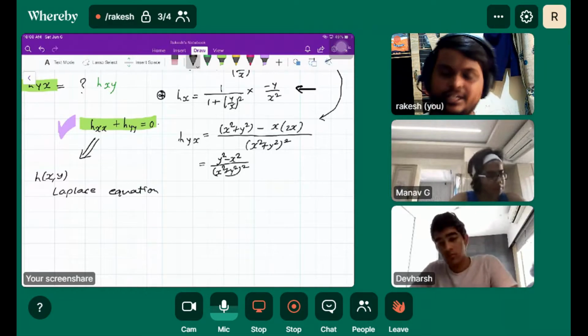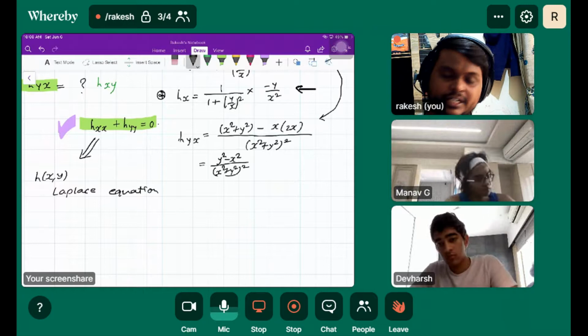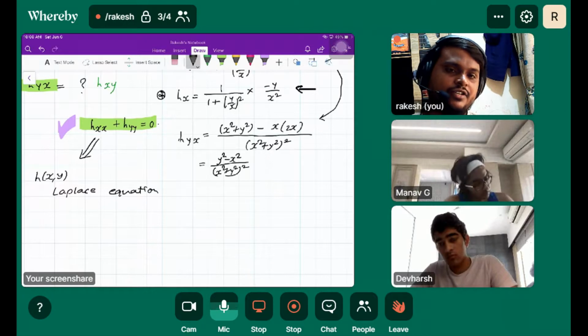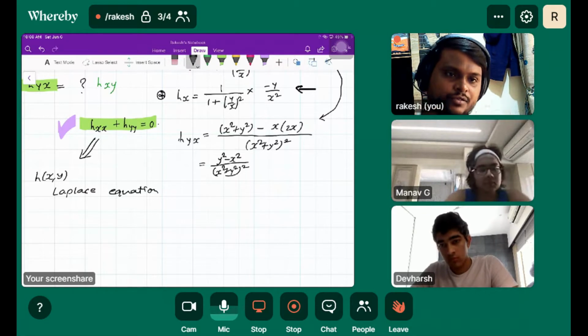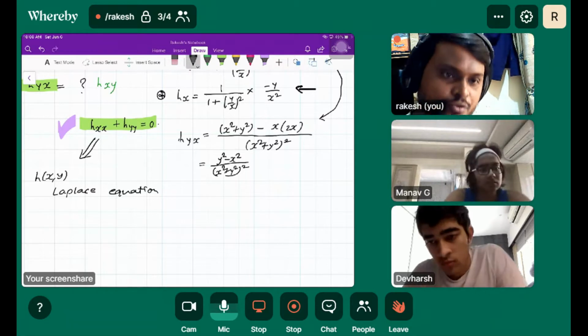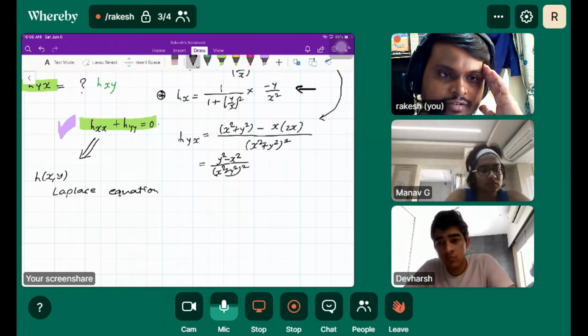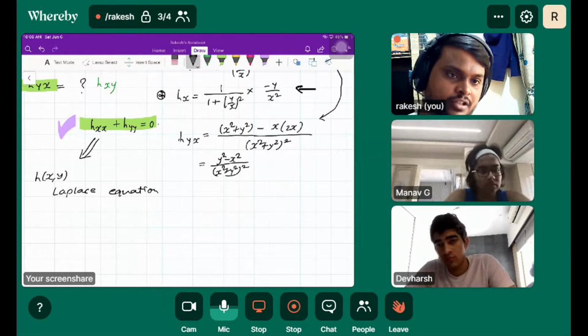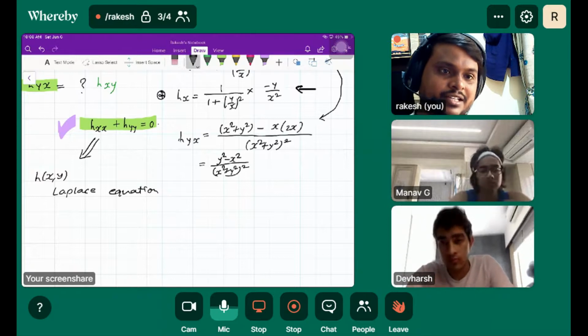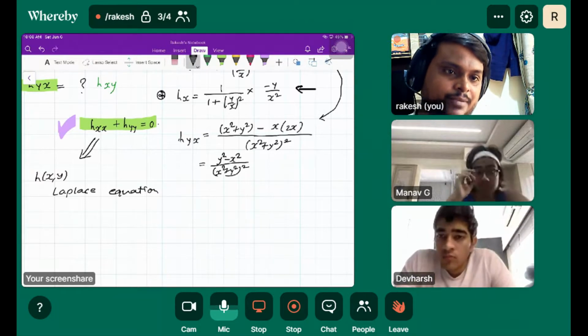A lot of things are there that I have written down, but these are the applications where you can use it, and you will find this equation in those areas. I don't know much about that, but I know that Laplace is going to be used in those areas. So at least you will get some idea from mathematics how these words came from and why this is called the Laplace equation.